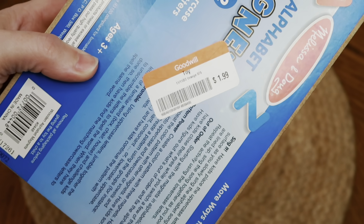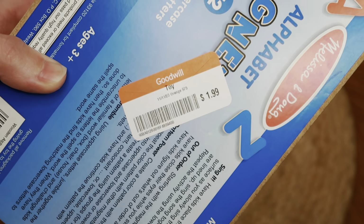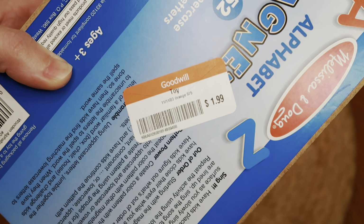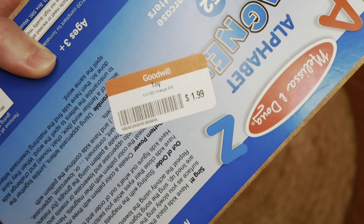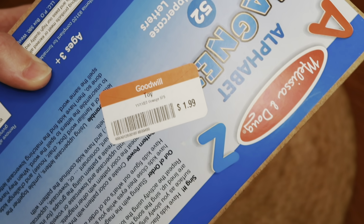Now I only paid $1.99 for this, and I did take the time to go through and make sure all the pieces were there. Not that it really matters if one or two were missing because this is such a good deal, but they all are there, which is a surprise. And again, I only paid $1.99, and I'm going to show y'all how you can use these on your refrigerator